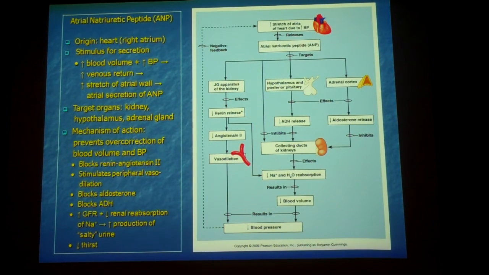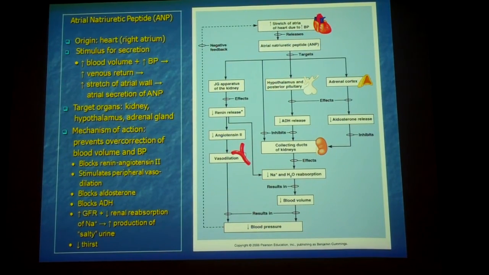Now, but our problem was that we've overcorrected the fluid volume, and maybe we're overshooting our blood pressure. So what do we need to do in this case? We need to get rid of some extra circulating fluid, don't we? All right, so we call on the kidneys to do this. So how does ANP help us do this? Well,